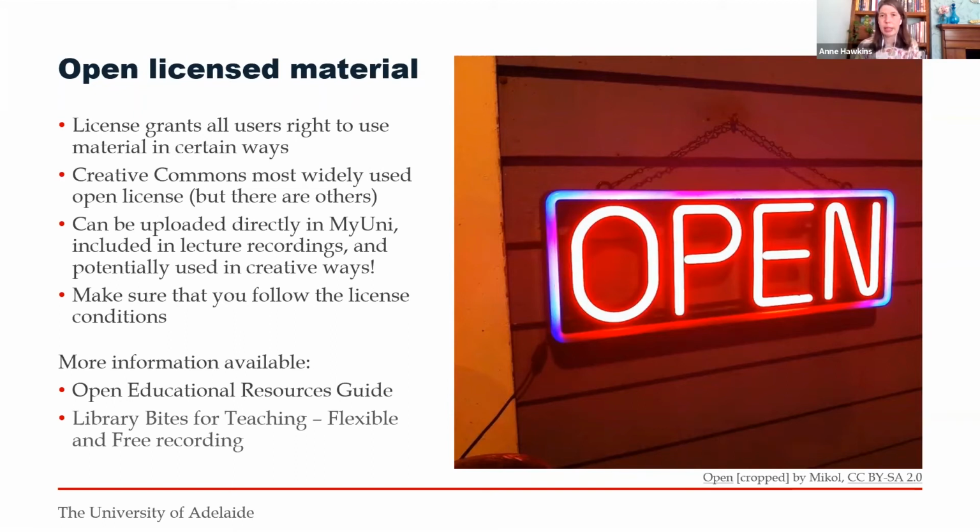As long as you follow the license conditions, you can upload material directly in MyUni, you can include it in lecture recordings, and potentially you can use it in much more creative ways, such as including it in an interactive, or setting some class assignment where people could add music to a Creative Commons licensed video or something like that.